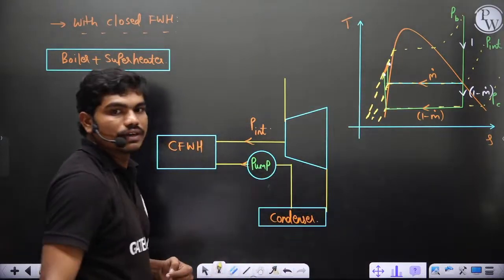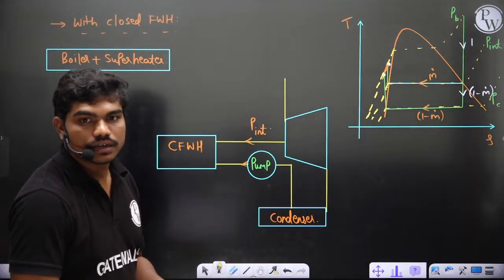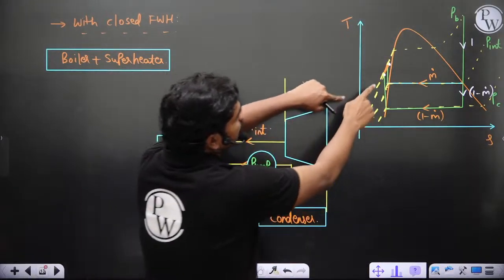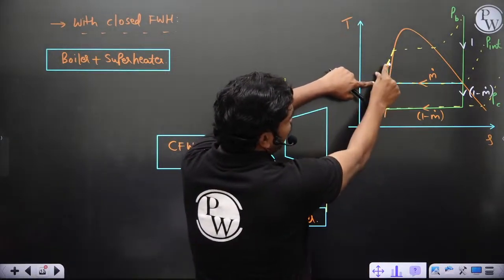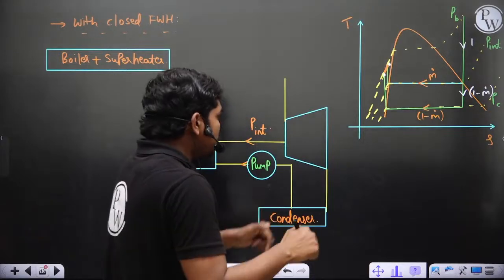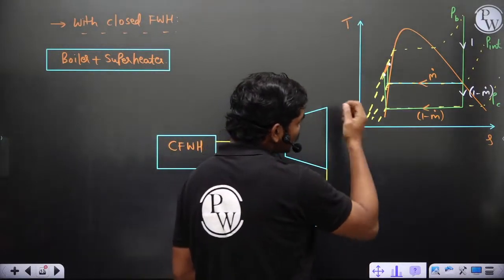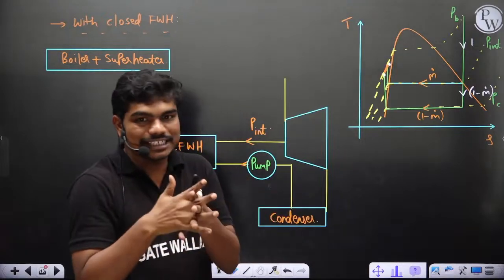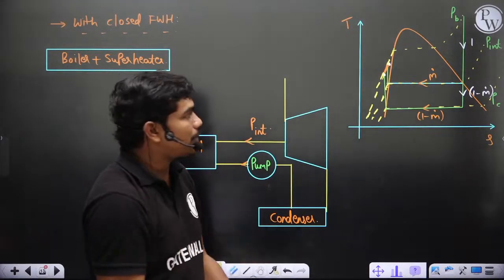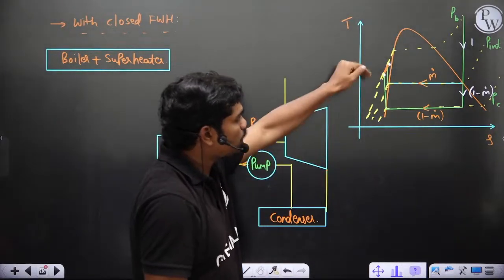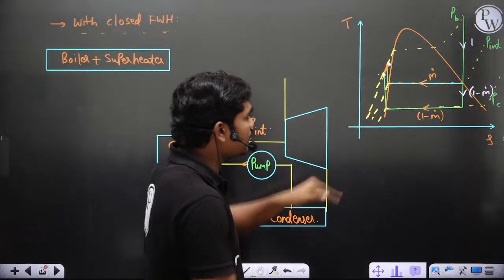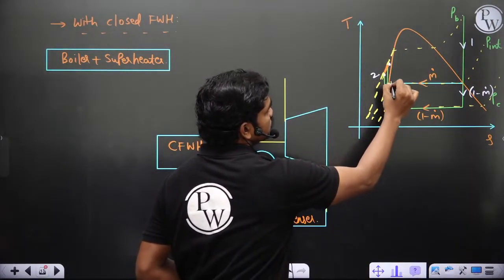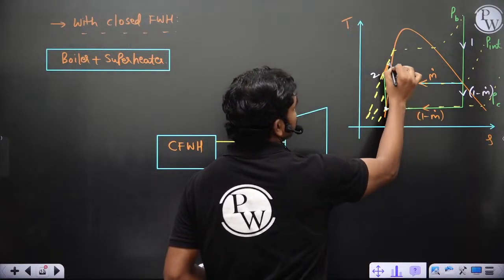See here, these 2 points will land up on the same P boiler. Like in the previous case of the open feed water heater, because of physical mixing, they both come to some equilibrium position. But now only heat transfer happens, and that heat transfer is responsible for heating this condenser fluid. Okay, so if I name them 1, 2, then this point is 3, maybe this is 4,